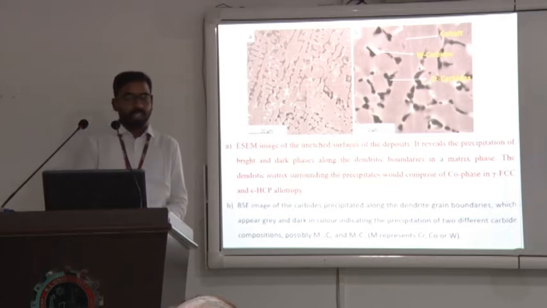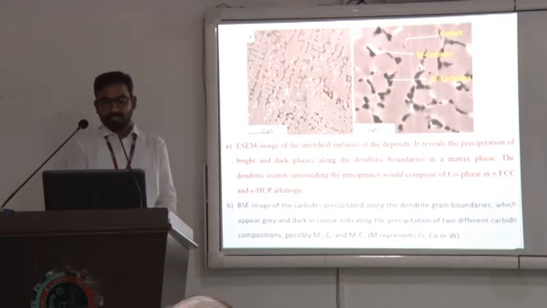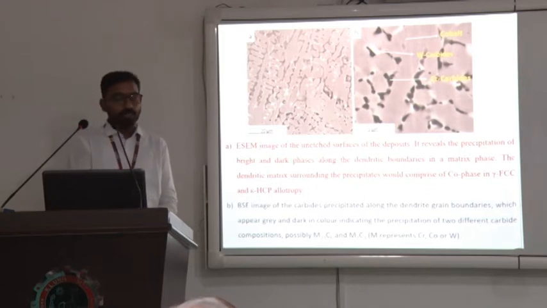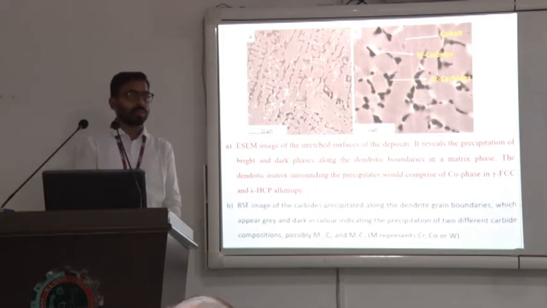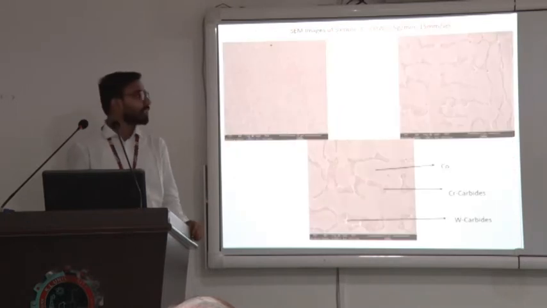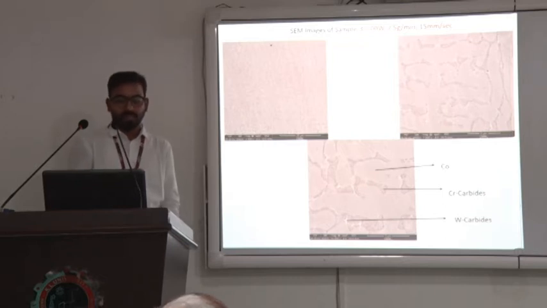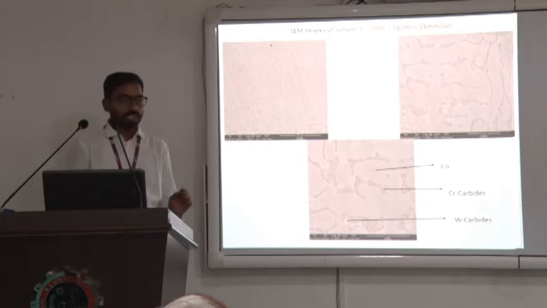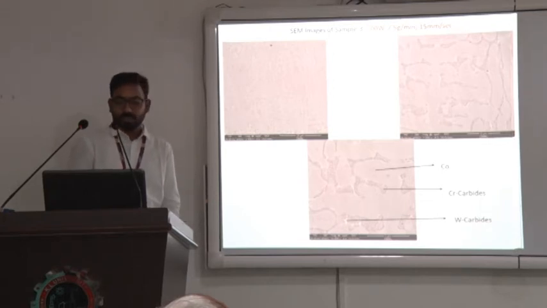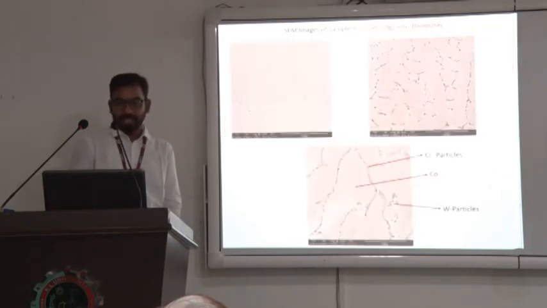The composition is possibly M23C6 and M7C3, where M represents the main compositions of the powder samples, like cobalt, chromium, and tungsten. These are a few samples after SEM imaging. This is sample 3. We can see a similar structure for all the samples, and I kept only a few samples to show the structure for your purpose. This is for sample 8.